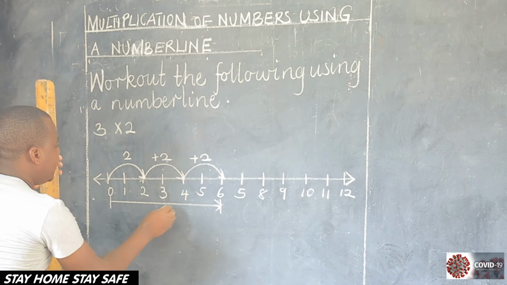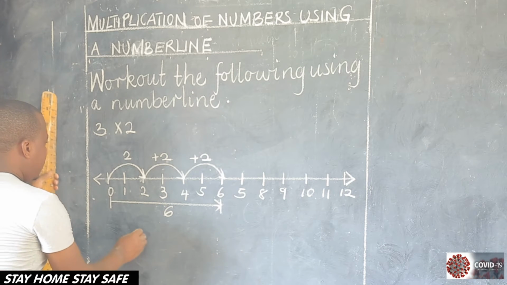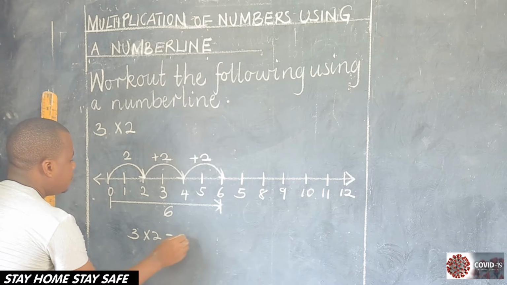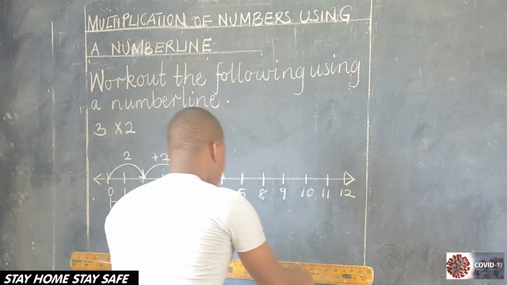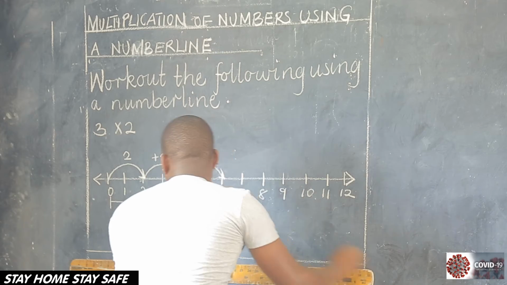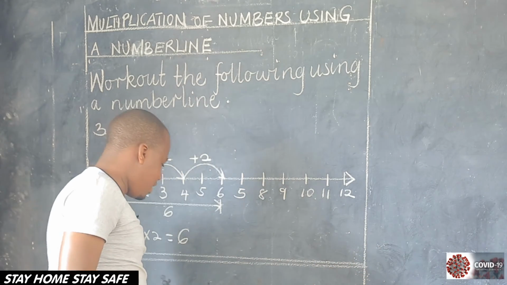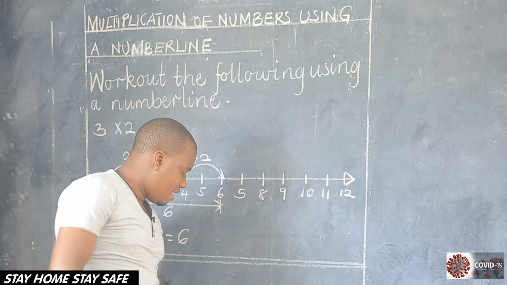And you also indicate it on that arrow. Then after that, we shall come and say 3 times 2 equals 6. Simple. I think this is very, very simple work. When you finish that, you come and underline and double underline smartly. This being a very, very simple work, I'm going to give you